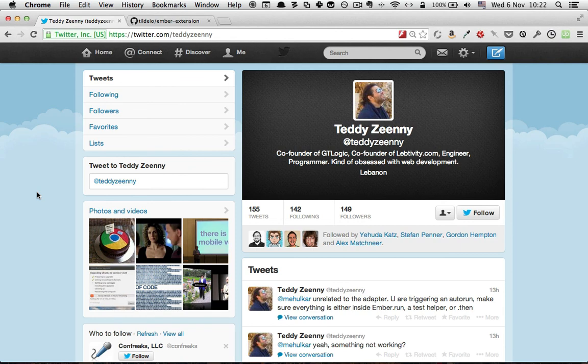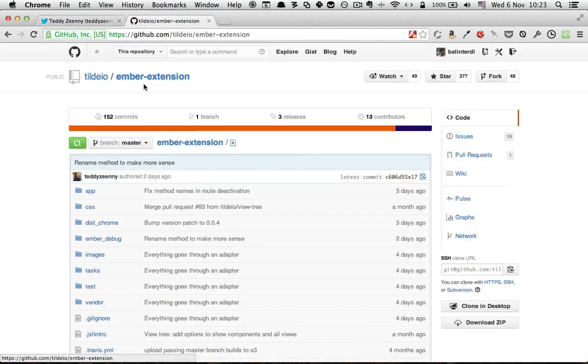I think Ember Inspector can be an immense help to understand how your components work together, and especially why they fail to work together correctly. It was mostly made by a guy called Teddy Zeenny, so if you find the extension useful, then you can go thank him. The code lives on GitHub under